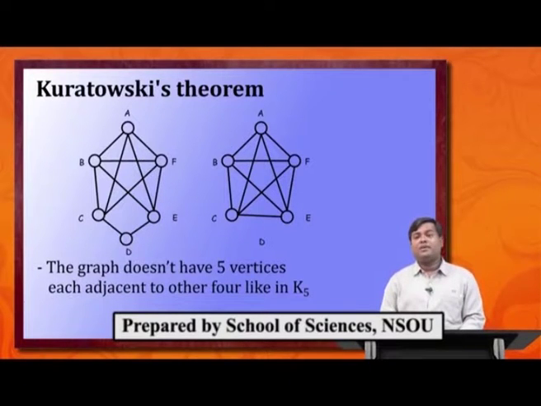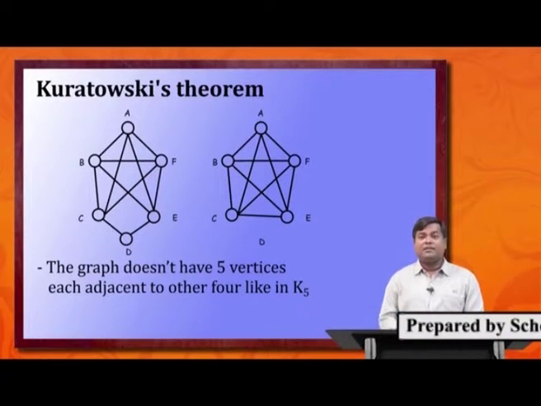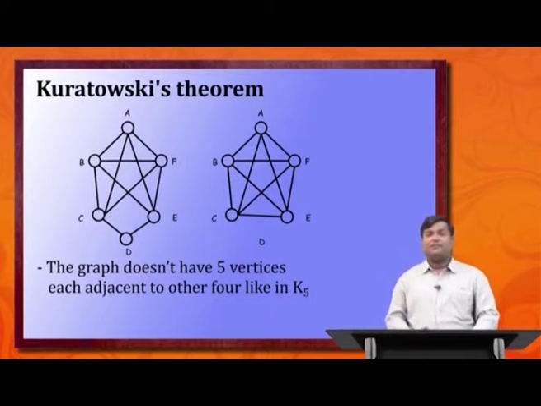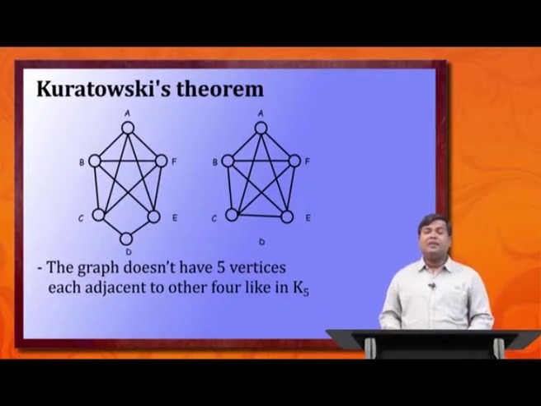So in K5 all the vertices are adjacent to the other 4 vertices, right? If you consider any vertex A, it is adjacent to all other vertices B, C, D, E and F. But in the previous graph, every vertex is not adjacent to the other vertices,